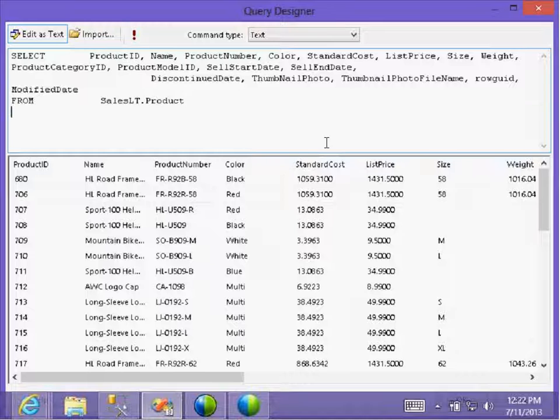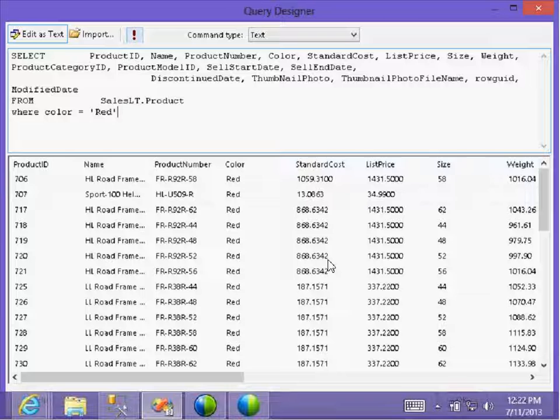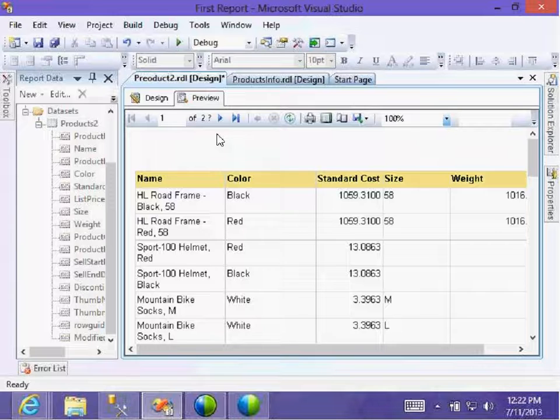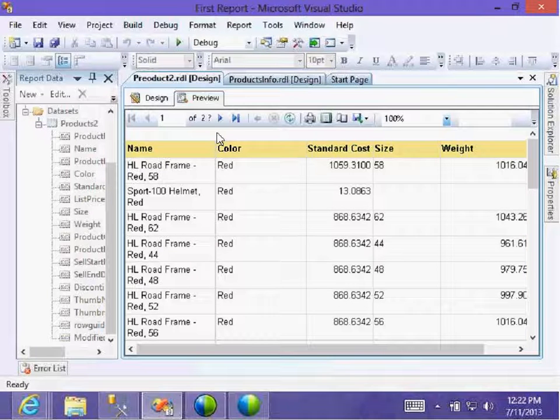Change the query. Where equal to. What happened? Okay, preview.